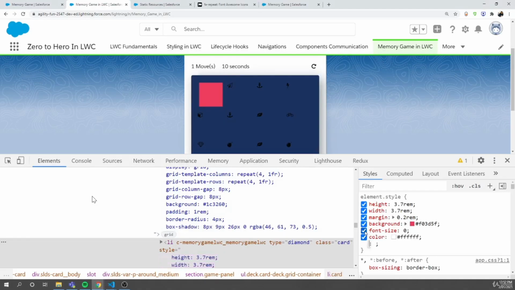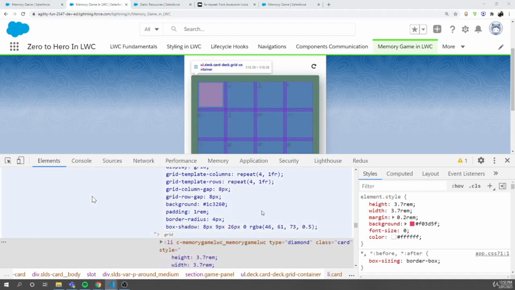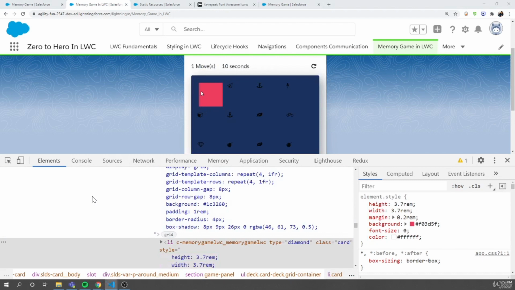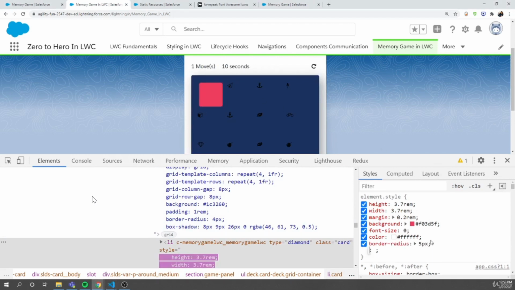So if I remove this, now you see a white color icon is coming. We'll change all the icons to a white color. I want my this small card also to have border radius 5 pixels, so the edges should not be sharp. On hover, I want a cursor that is pointer, so I adding cursor pointer. Now I hover, you can see the hand icon is coming,